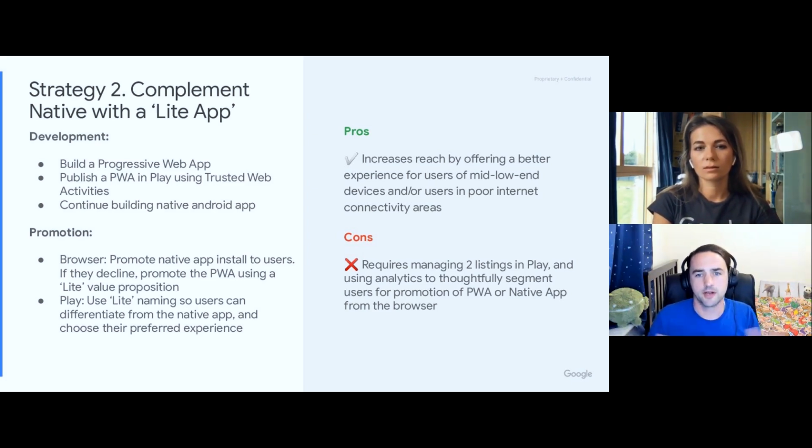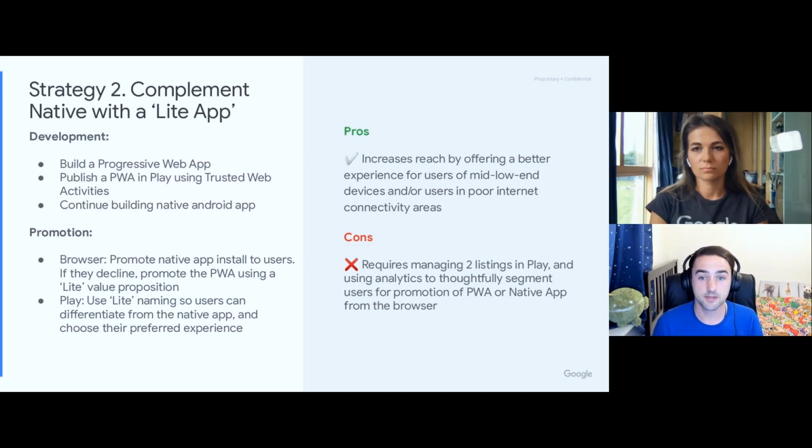So this is a great strategy for businesses that already have a good but maybe heavy native Android application and want to grow the installed user base by offering a better experience to users on maybe mid to low-end devices. It's particularly important for those with growth ambitions in emerging markets where data plans are expensive and storage space and device power can be quite limited. But also remember that in any market, there are a huge volume of people on mid to low-end devices as well. So it really does work as a complement everywhere.